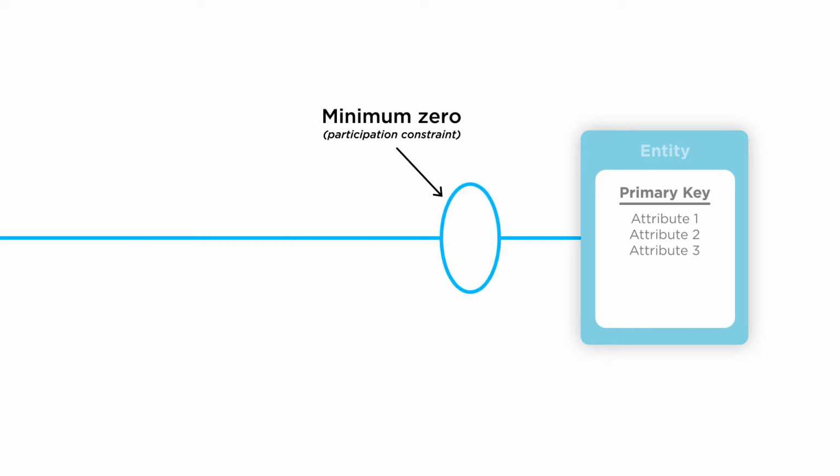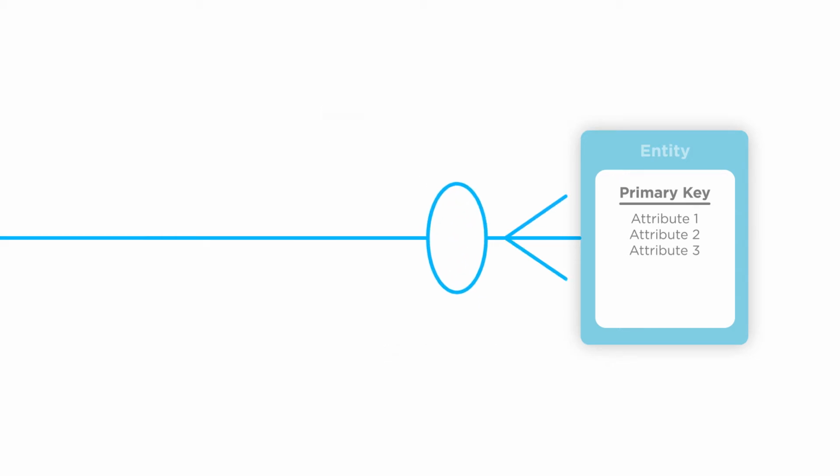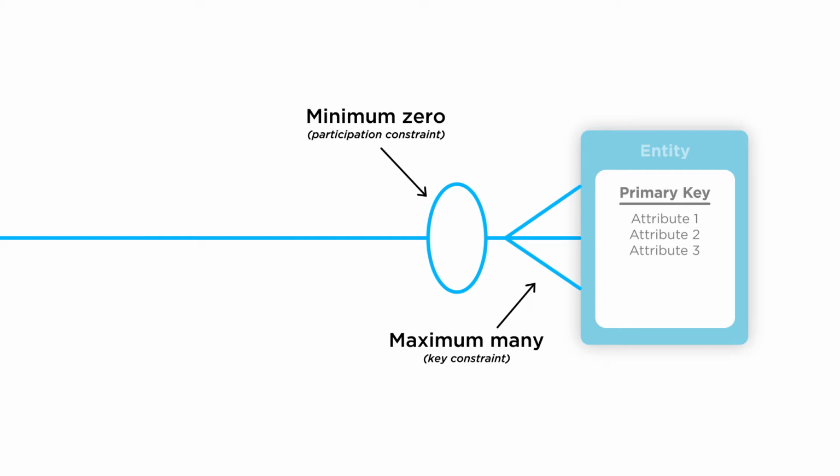So here is the notation that we are using when we have optional participation, again, minimum cardinality of 0 and maximum cardinality of 1. So take a look at the symbol. Now we have combined the 0 element for the optional participation constraint with the 1 element signifying a maximum cardinality of 1. Finally, here is the notation of minimum cardinality 0 and maximum cardinality of many. This symbol signifies optional participation in the relationship with the 0 element, and with the many element, we show the maximum cardinality, which is many. We have seen the 4 different notations. Let's see now how we can put them down within a diagram.